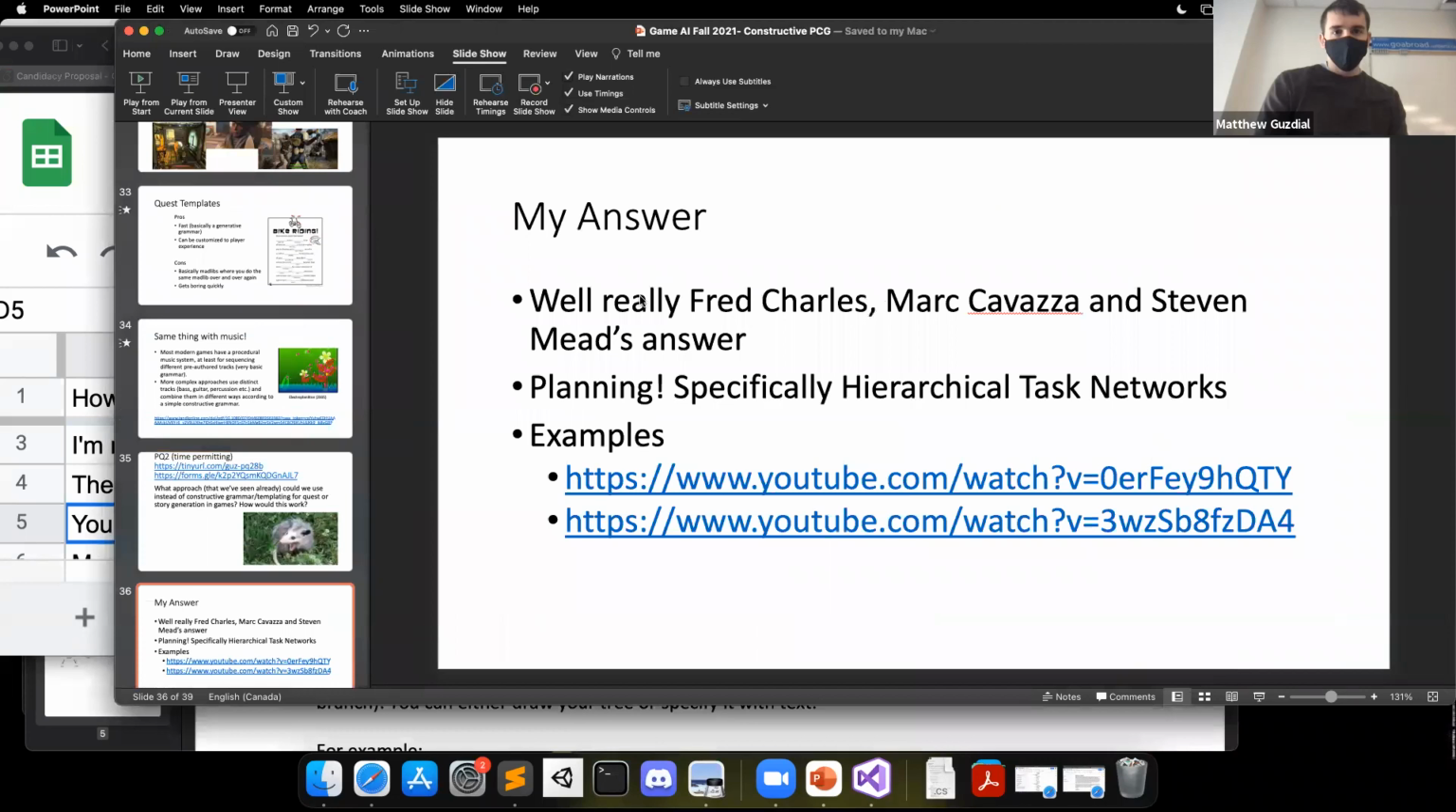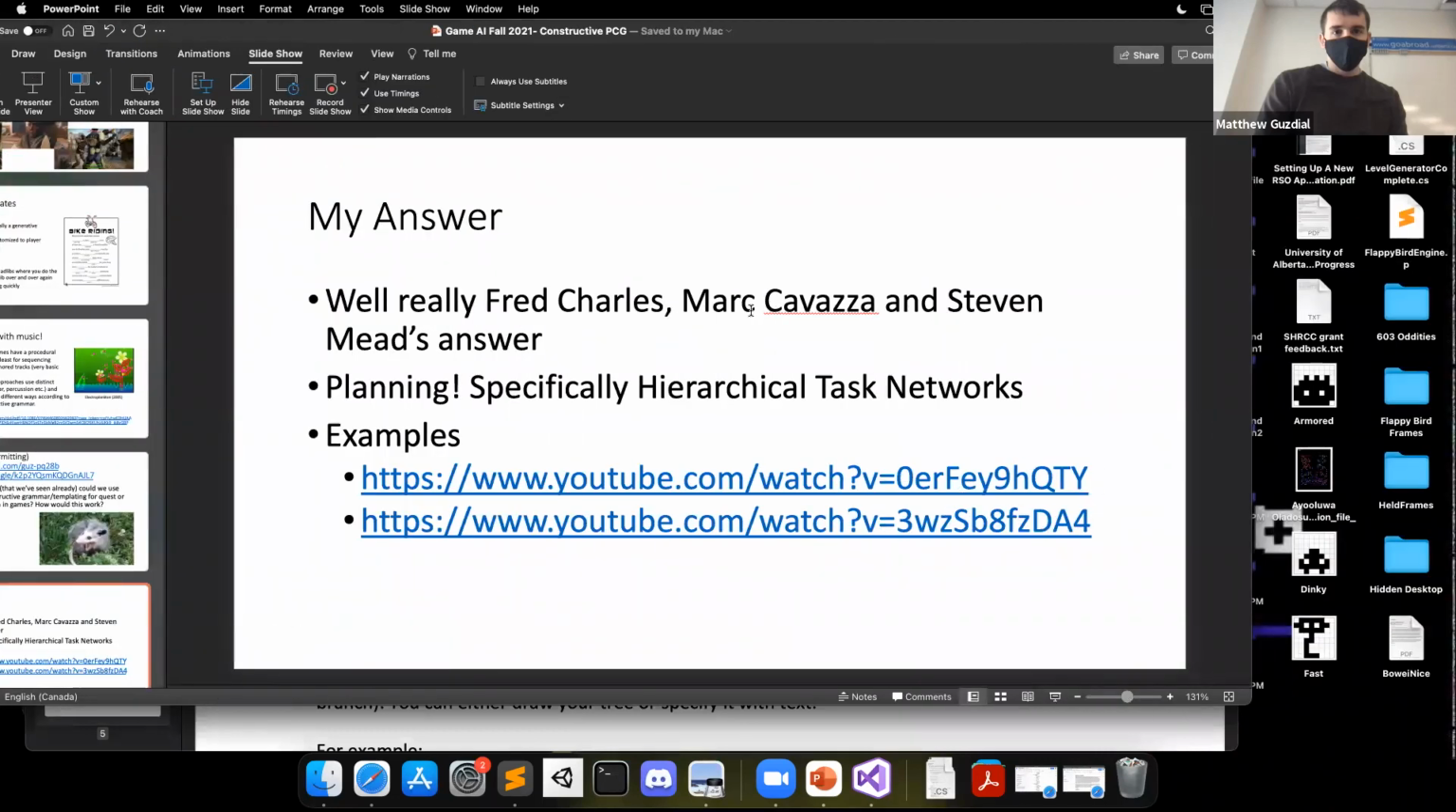But actually, really, it's Fred Charles, Marc Cavazza and Steven Mead's answer. So the idea is to use planning, specifically hierarchical task networks, in exactly this way. By saying, let's just have agents take actions in the world, right? And then enforce story constraints on the final produced plans. So for example, they have some videos, which we're not going to listen to audio,